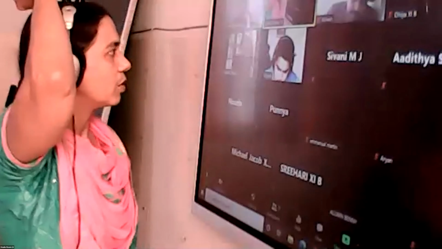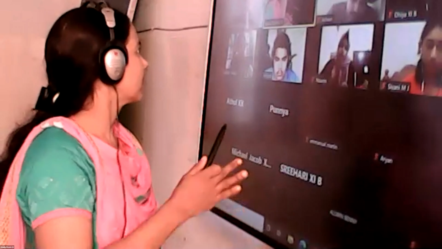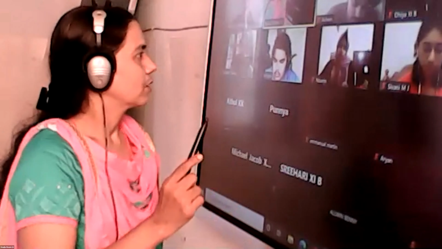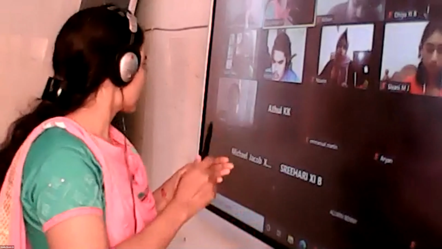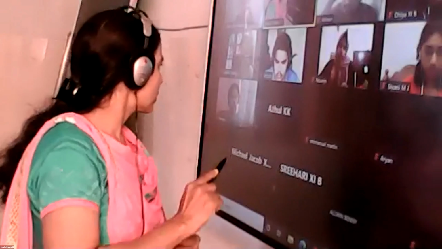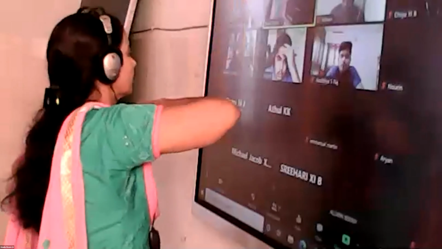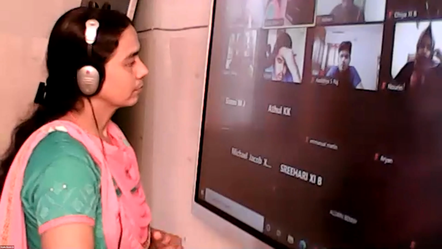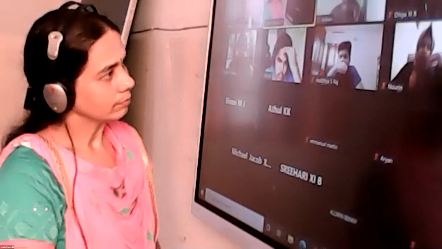Children, up to this, is it okay? What we did: first we applied the formula tan of minus theta is minus tan theta, taking the negative sign outside. Now look at the angle. Try to express it in terms of either 0, 90, 180 or 360, whichever is the nearest angle, and accordingly you split. So 690 we can write as 720 minus 30. Is it okay? Michael, is it clear? Any doubt on the previous one? Okay, write the next one.